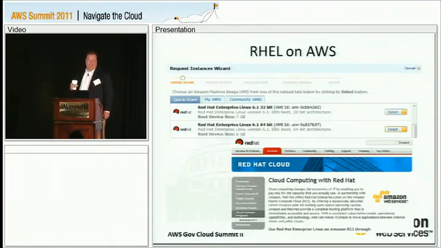We have lots of options for getting started, right? Most of the enterprise vendors, and I'll show you a sampling of them, have options for machine images that run. And Red Hat on AWS is another option. And you'll see,